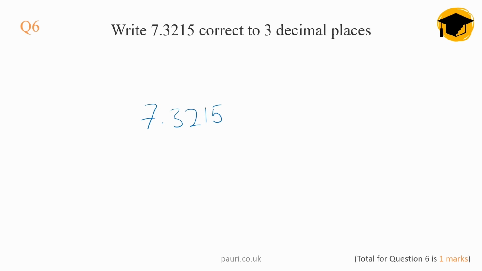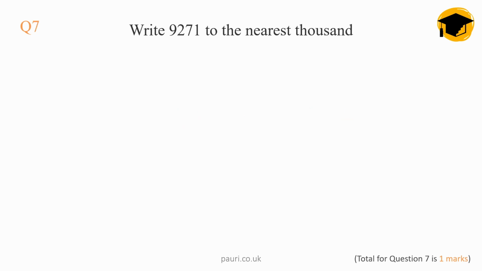7.3215. Correct to 3 dp. So dp is the same as decimal places and sf is the same as significant figures. I look at the 1, which is in my 3rd decimal place. Is the next number 5 or above? Yes, it is. So I round up. So I get 7.322. Next question,